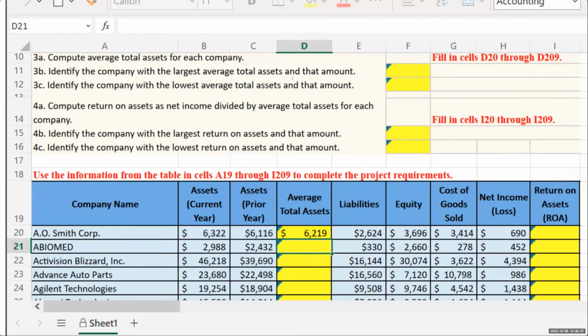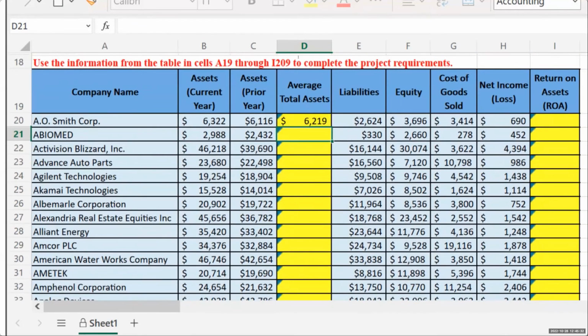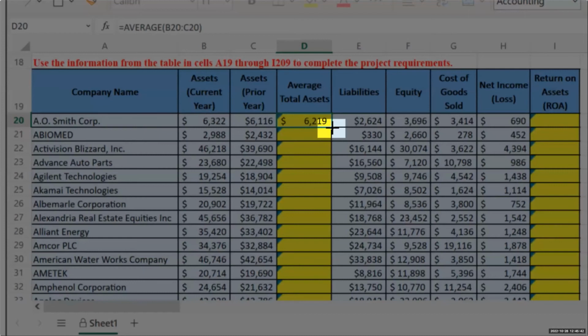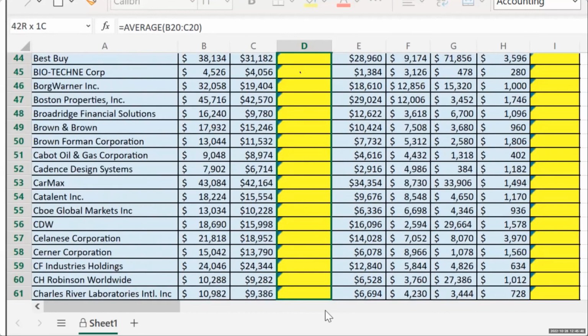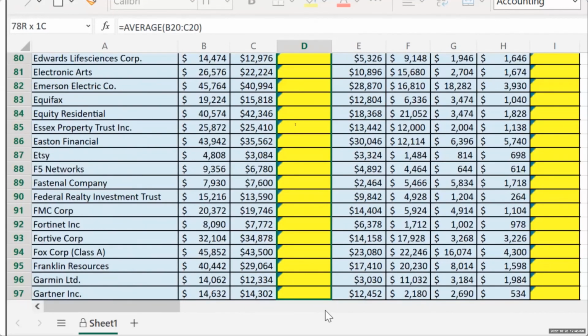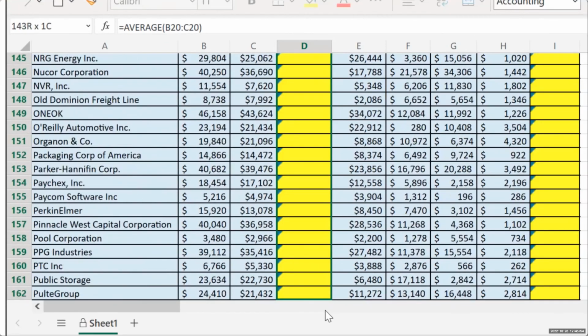At this point, we could enter this formula individually for each company. However, there is a faster way. Take the cursor, click on cell D20, and hover over the bottom right-hand corner until the black Fill Data cross symbol appears. Then click on that corner and drag the formula down to the cells we wish to apply the formula to. We see how much easier this is when we apply the same formula to many cells.